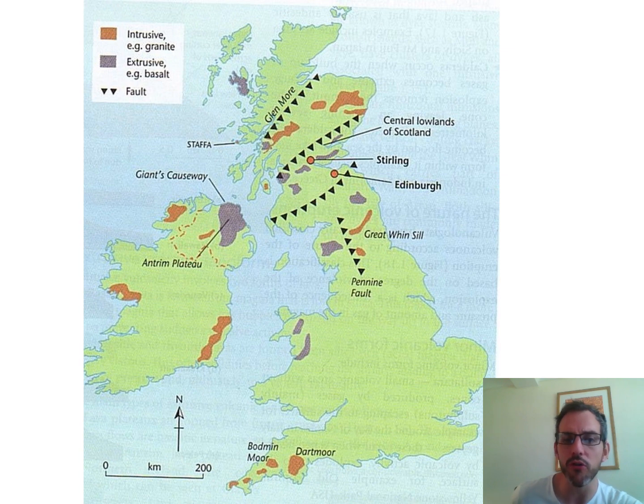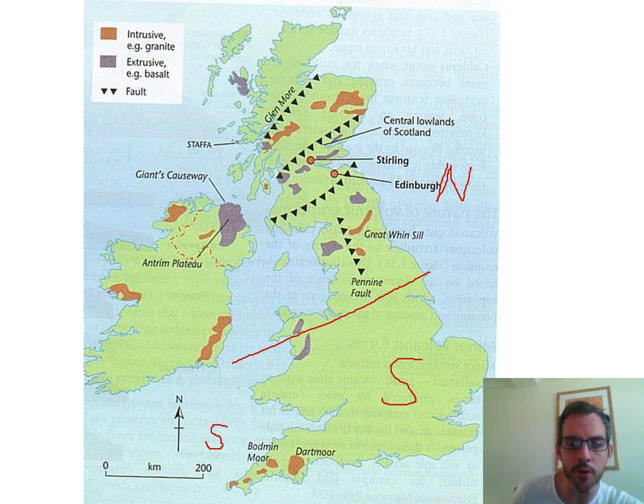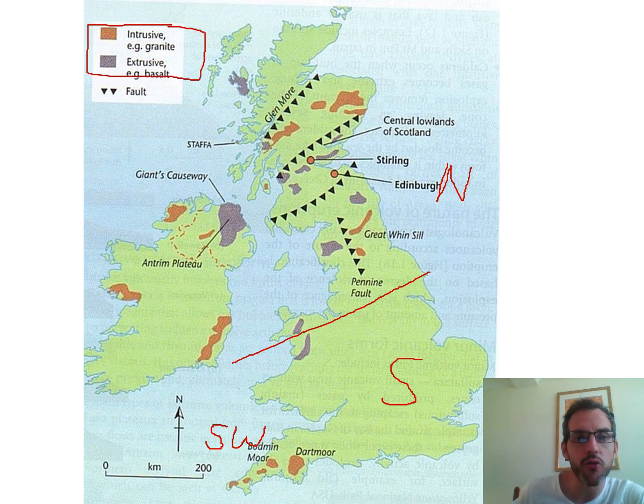So hopefully you should see that really the north has been affected the most, the south not really at all been affected by tectonics. And then, however, down in the southwest we have our anomaly here. The southwest has been affected by volcanic activity. Now, at a simple level, these areas are where you've got extrusions and intrusions of igneous rock, and that's as